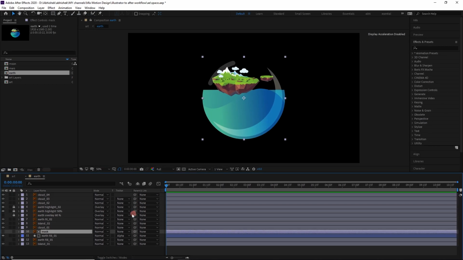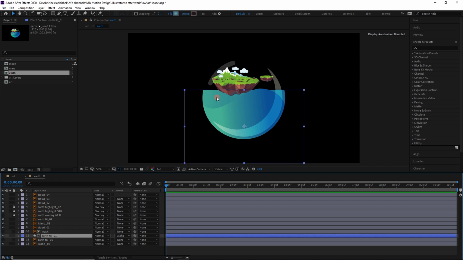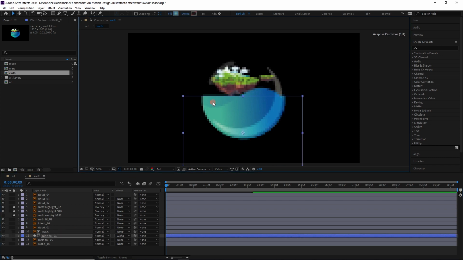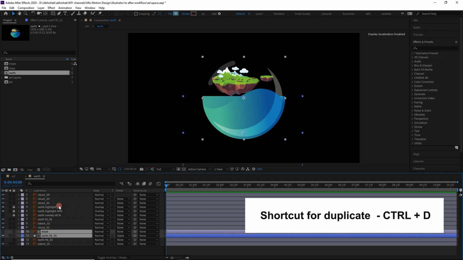When you apply alpha matte on any layer, it will take mask from the layer above it. Please don't confuse mask with alpha mattes. Let me know in the comments if you want me to create a separate video to describe the difference between mask and alpha channels. Now to create upper layer of fill, duplicate the earth fill and its track matte layer and